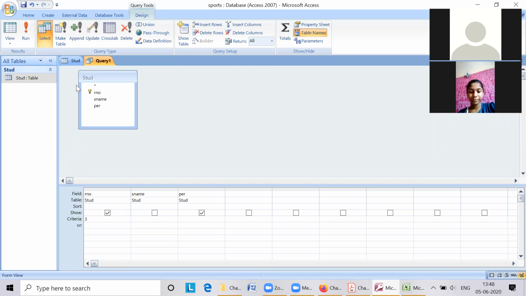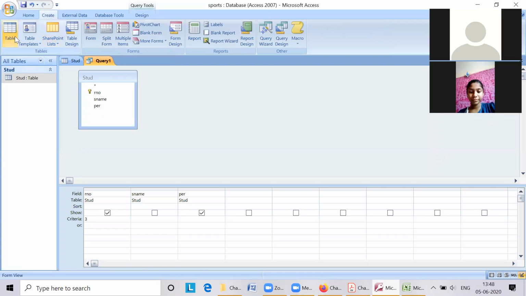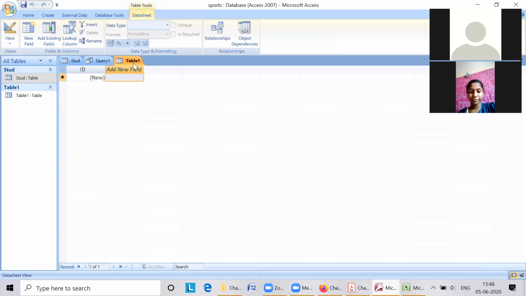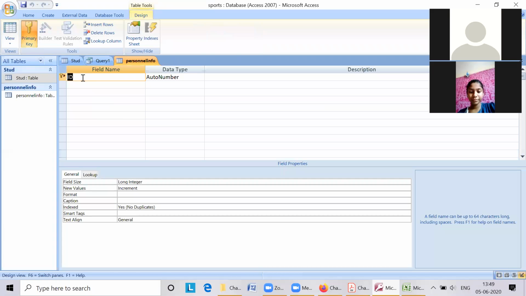Okay. Now there are multiple tables. Suppose there is one more table. I will create one more table for you over here. Design view. Personal info. Okay.